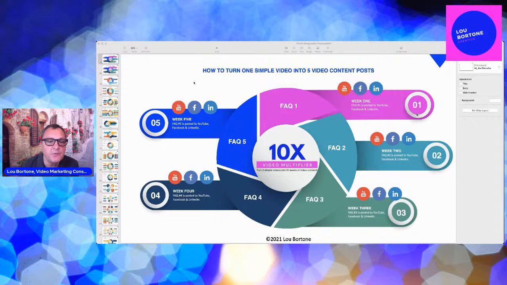So essentially, this graphic is how I take a student or a client's video and turn it into several videos. I haven't even really launched this yet, but I'm calling it the 10 times video multiplier, because you can turn 2 simple videos into 10 or more weeks of video content.